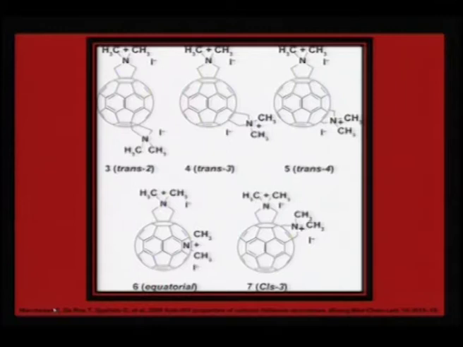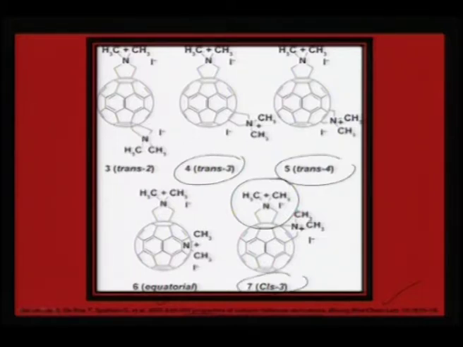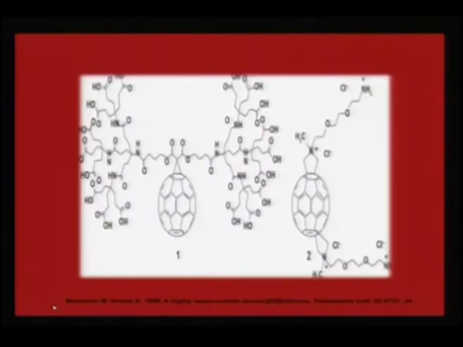These are some of the examples of how different derivatized fullerenes can be made, and these are especially candidates for anti-HIV properties. This has appeared in Bioorganic and Medicinal Chemistry Letters in the year 2005, where they found especially that the geometrical isomers, the trans and cis isomers, have a very selective response to the HIV virus. So, these exohedral fullerenes are especially candidates which can have specific activity, and here is another